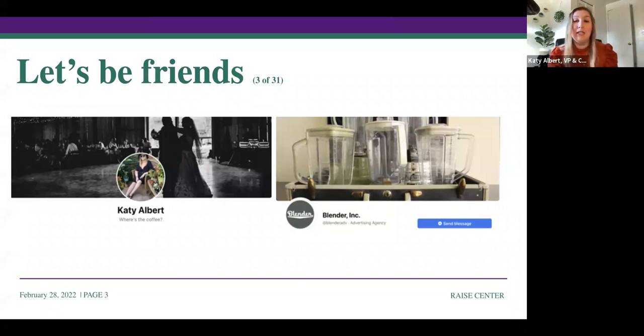Blender was established in 2004 by Chris Canarium and Stephen Lowry with the mission to do good work for people who do good works. Blender is the home of bold ideas, smart strategies, and people who really love what they do.